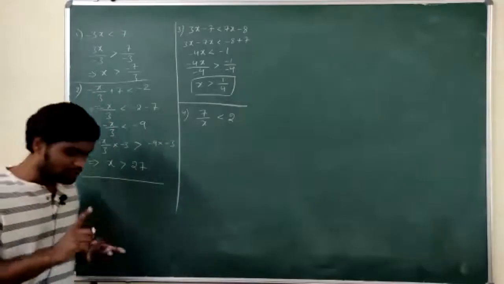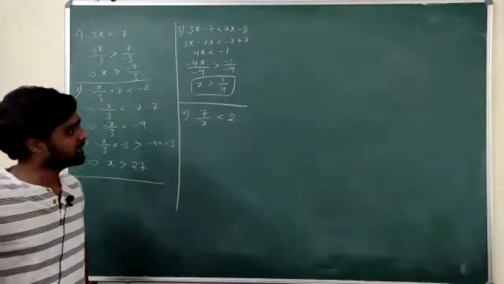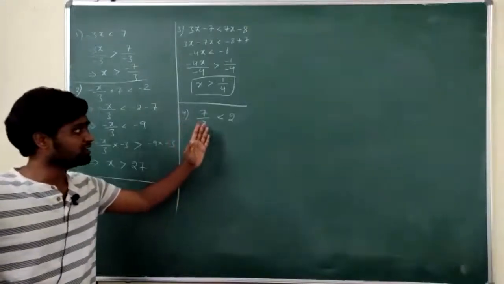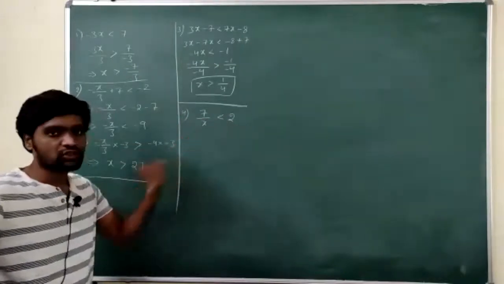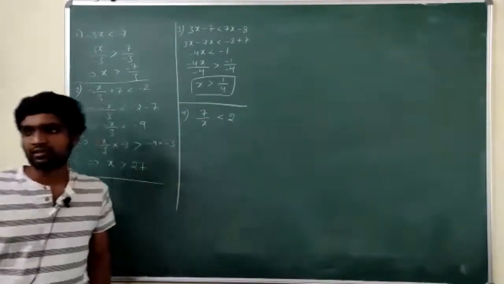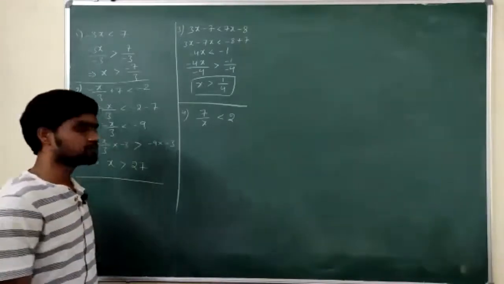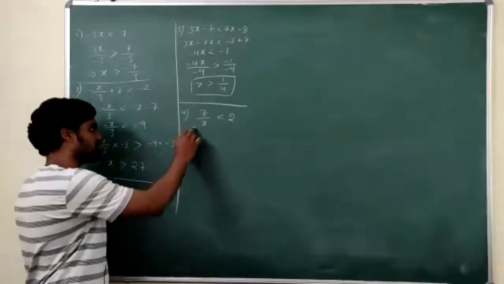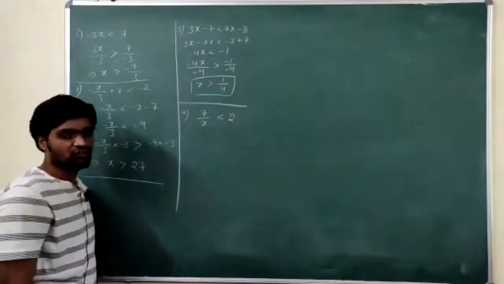Because for product or division there is a property, inequalities properties. When you multiply or divide with a positive number, the inequality remains the same. When you multiply or divide with a negative number, the inequality changes. But coming to x, is it positive or negative? How can you say that? X is a variable, right? So you cannot fixate on whether x is positive or negative. That is the reason we cannot cross multiply with variables.